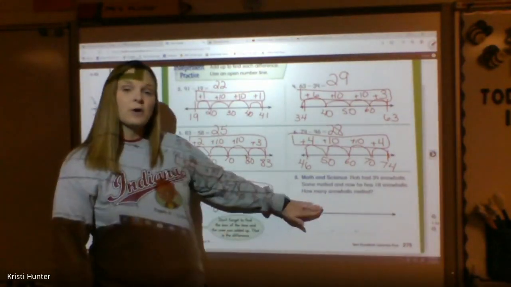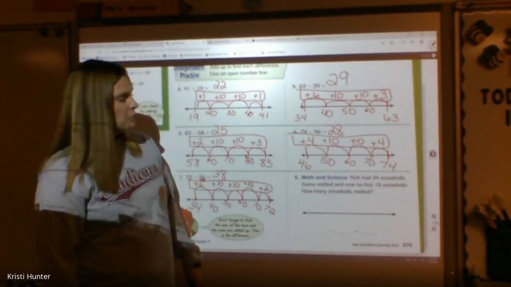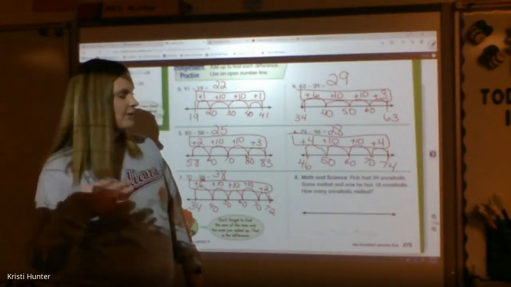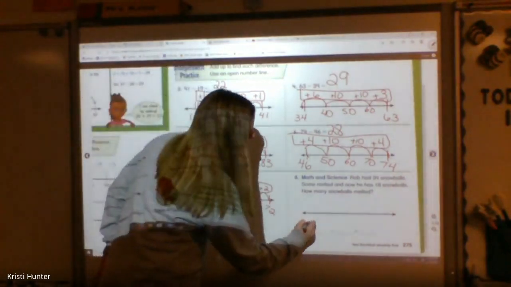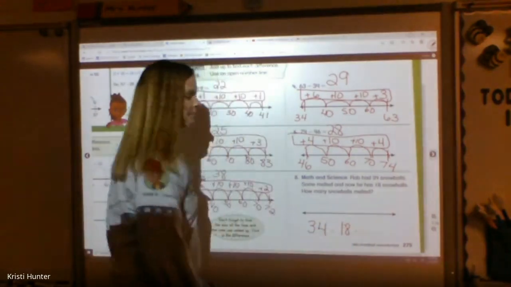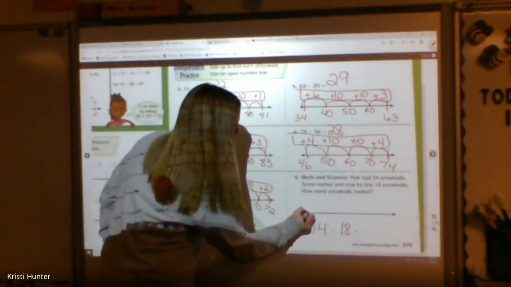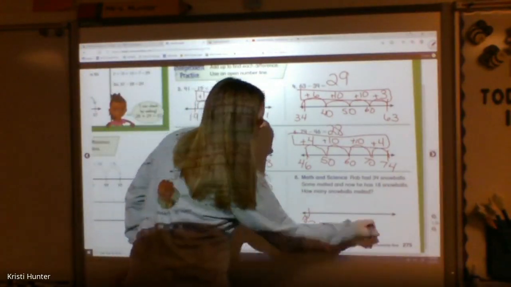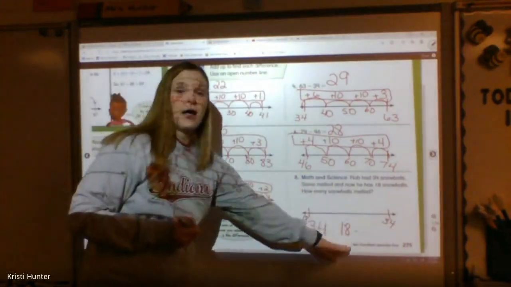Now we can also work this out using the story problems. So it says Rob has 34 snowballs, some melted. Now he has 18. How many snowballs melted? So my subtraction problem is 34 minus 18, and I'm trying to find my missing number. So I'm going to set up my number line the same way. I'm going to start at 18. I'm going to jump up to 34, and my number of jumps I made will tell me how many of